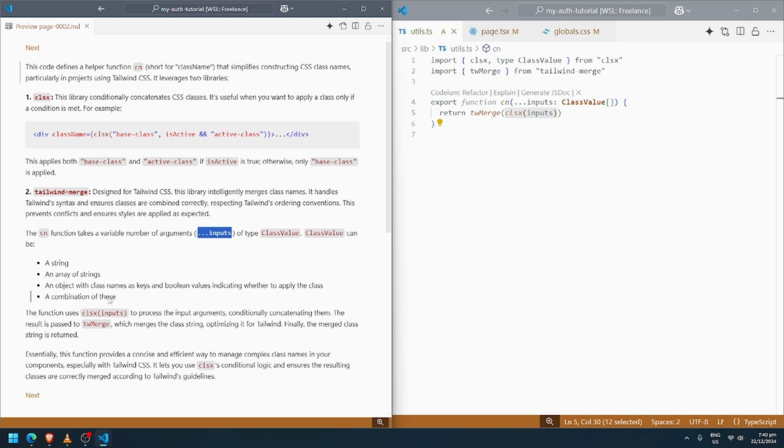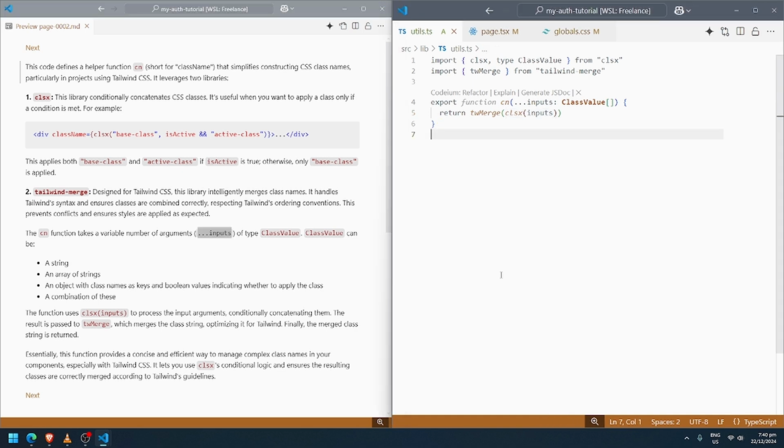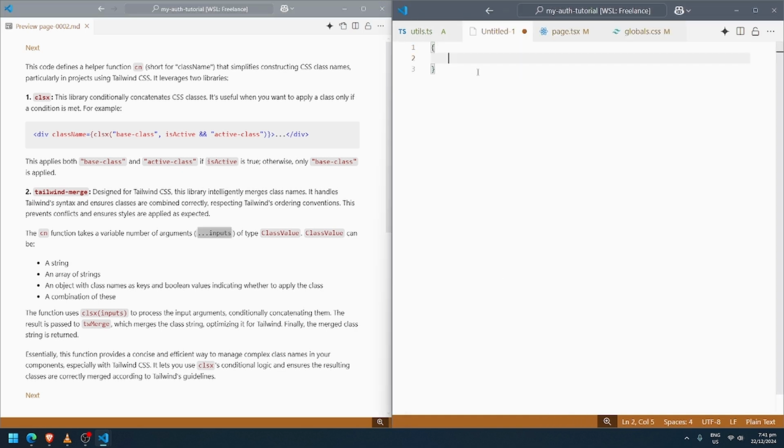If object, so here an object, class name, something like this. If you have like p, the key is the class name, so p4, then the value can either be false or true, indicating whether to apply the class, or a combination of this.